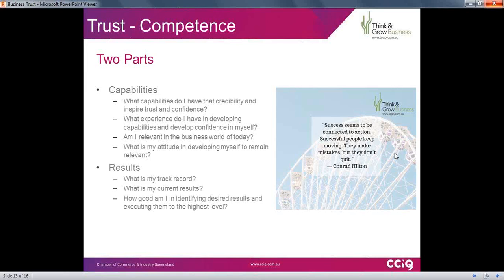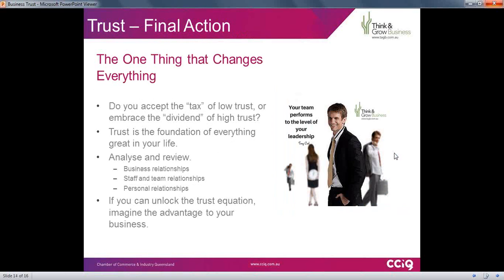So there's a real example that's happening within my business at the moment, where someone is wanting to develop a trusted relationship, and I'm sitting back saying, well, hang on, what's your track record and what sort of social proof is there that this is happening? So the three key components are being trustworthy, the concept of character, and the concept of competence. Trust truly is the one thing that changes everything.